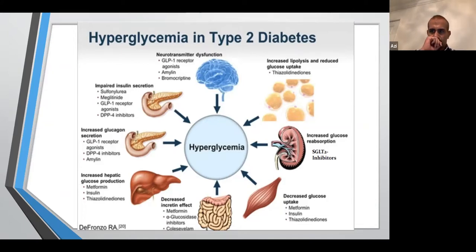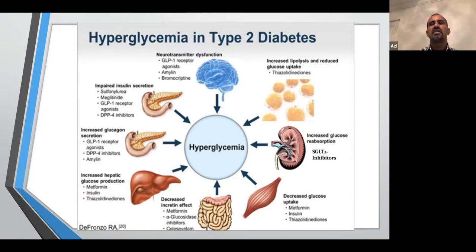So starting from the pancreas on the left side, impaired insulin secretion. When type 2 diabetes mellitus is first diagnosed, half of the beta cells are gone. That's based on our scientific knowledge. So impaired insulin secretion is a cause of type 2 diabetes mellitus, and medications that can help with that are